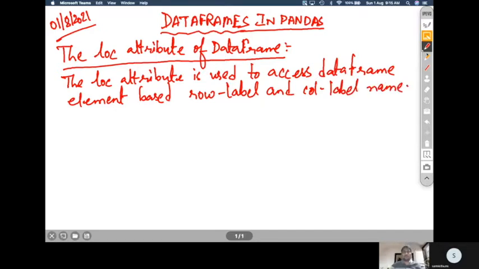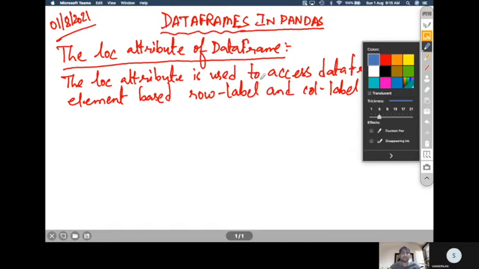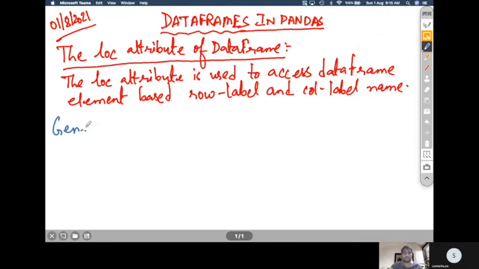Now let us find out what is the general syntax for this LOC attribute. Suppose you want to access a particular element: you can access one single element, you can access a group of elements, you can access multiple elements from the data frame using a single syntax.